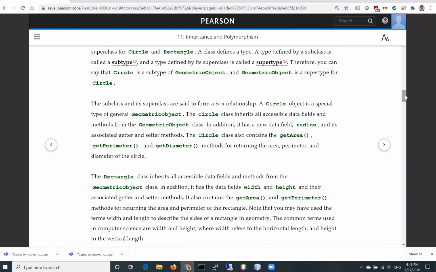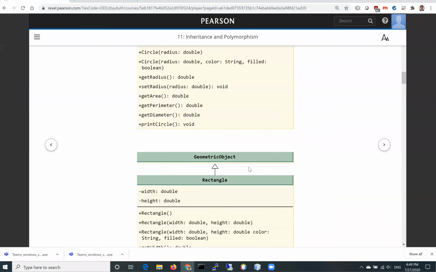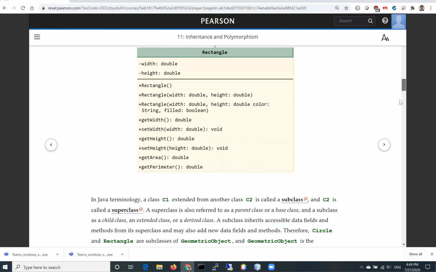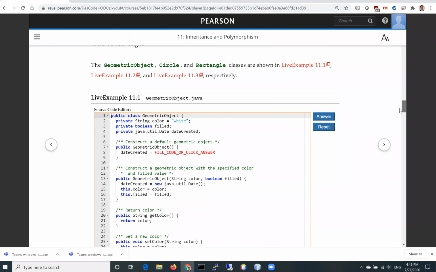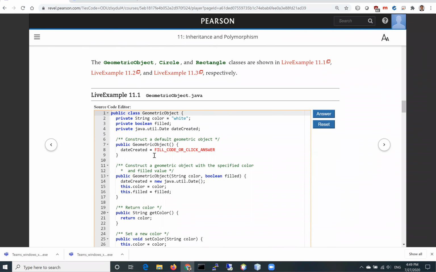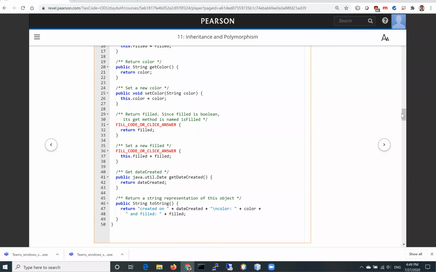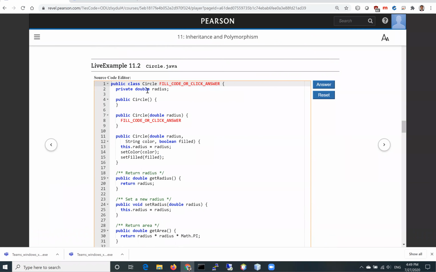Now, in the UML diagram, we use this hollow triangle pointing to the superclass. And this Rectangle is a subclass that extends GeometricObject. So when you write the code, you define the GeometricObject, and this is the Circle class. The Circle class is a subclass of the GeometricObject class. Circle extends